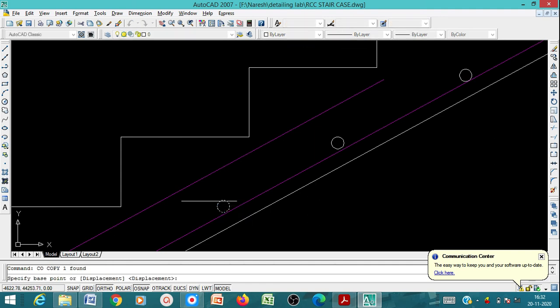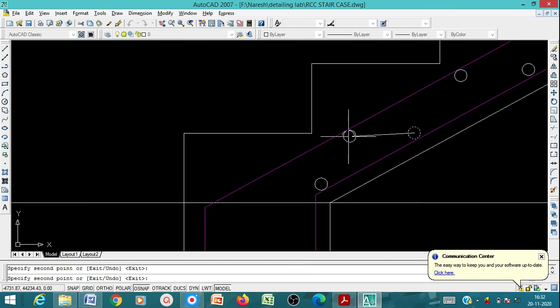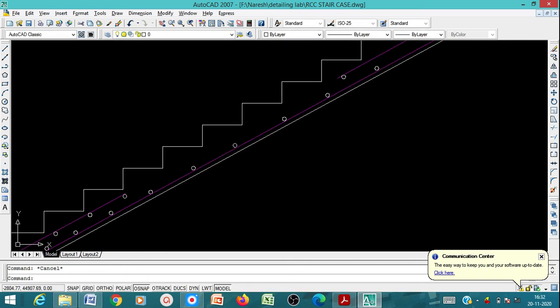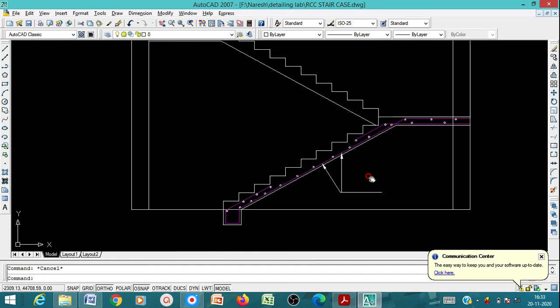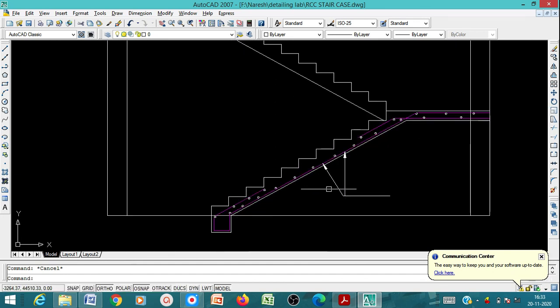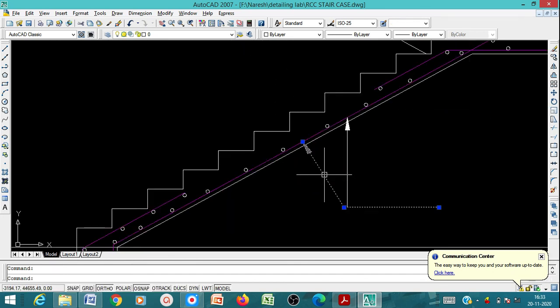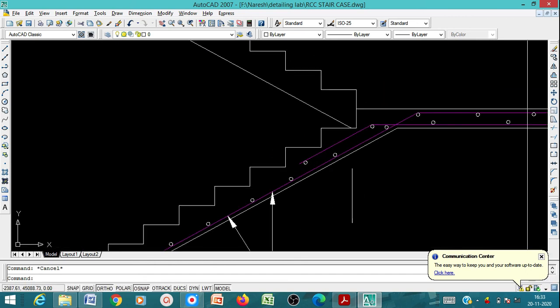Now we have to mention the text and leader here. Again you have to use leader. So these are the main reinforcement. Then we have the distribution steel. If you want to change the leader size, again go to properties, or we'll make it later on.